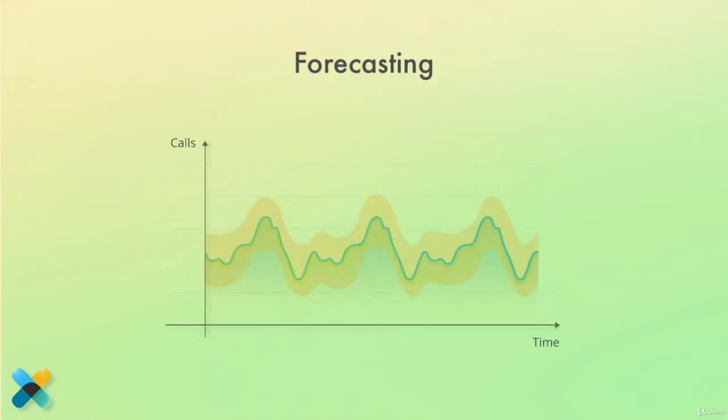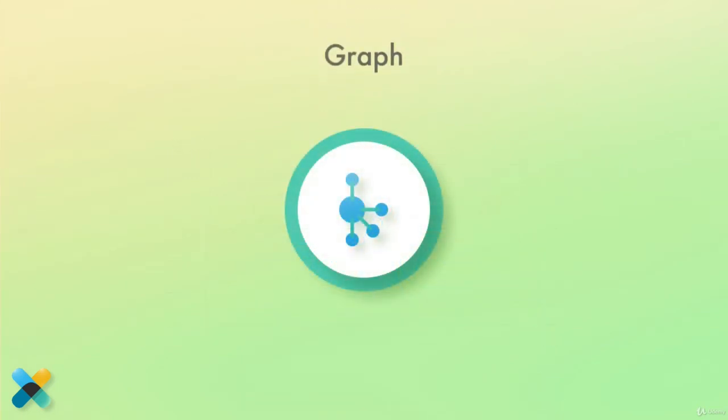The other thing we can do is to forecast future values. This is especially useful for capacity planning, such as figuring out how many visitors our website is going to get in the future. This could be helpful for spinning up additional servers if we are not using auto-scaling, or to have more support agents available. An example could be that a webshop gets a lot more traffic in both November and December due to Black Friday and Christmas sales. Next, let's talk about a feature called Graph.